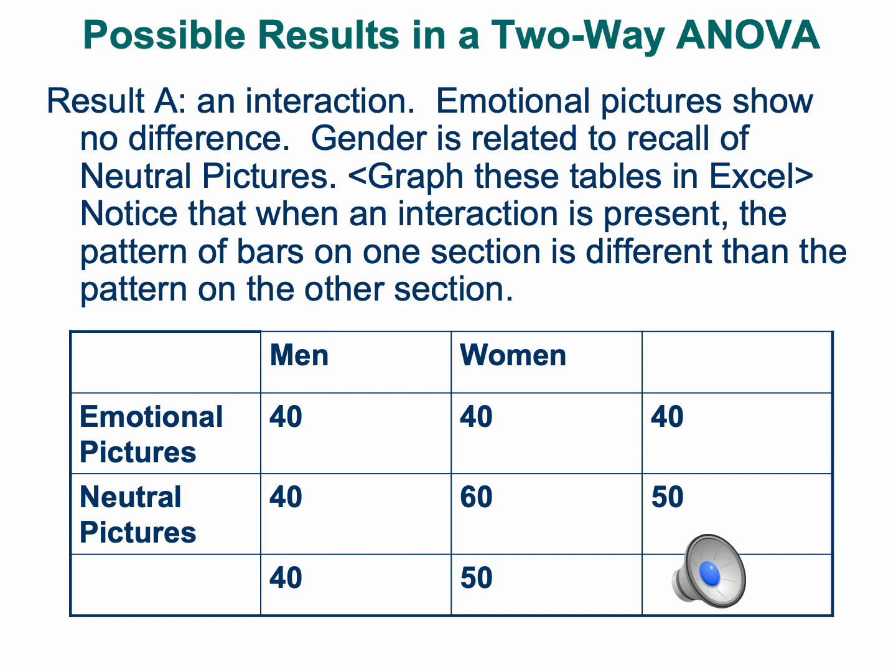Now the interaction represents gender being related to the recall of neutral pictures, so that women are recalling a large number of neutral pictures, but everyone else is recalling roughly the same. Now look at the internal parts of the table, you can see where emotional pictures are recalled equally by men and women. See, there's 40 and 40. And men are recalling equally emotional pictures versus neutral ones. But women are really recalling neutral pictures at a much higher level. And that's what's producing the slight differences